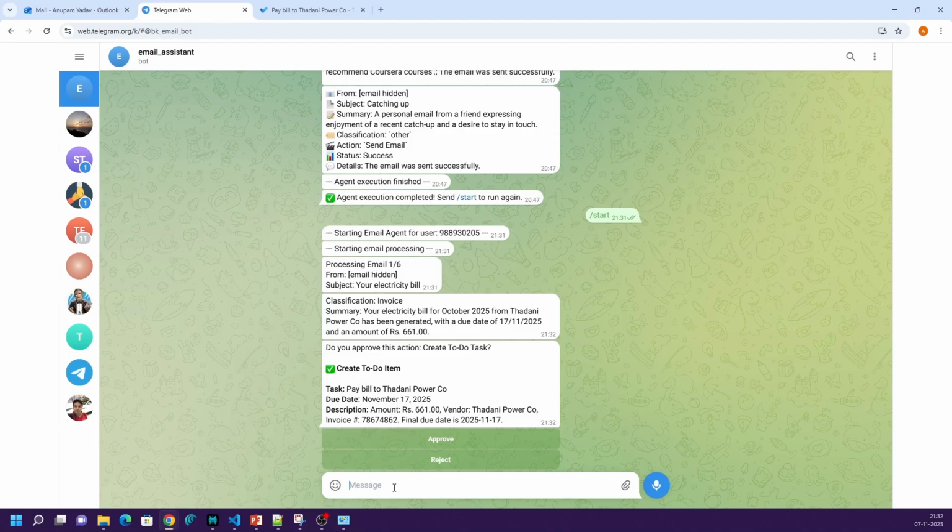And normally, as a human, this is how you would track your important tasks, right? So this to-do task has got all the key details for this specific bill payment, right? The due date, what the task is, amount, vendor, etc. And let us approve